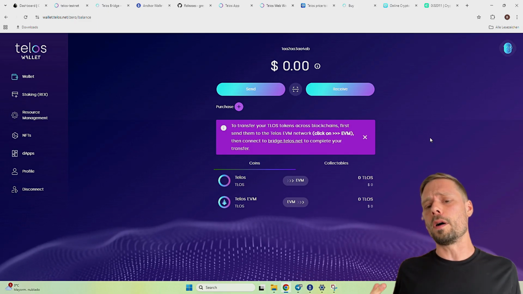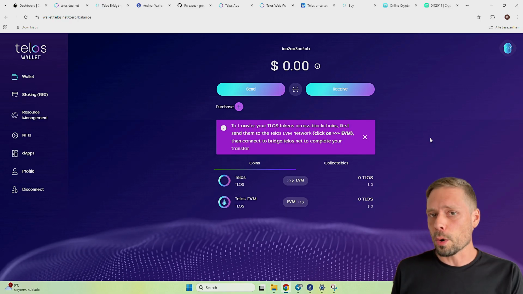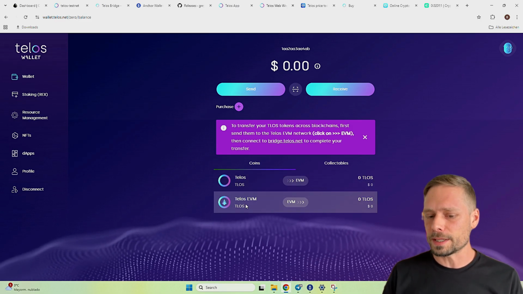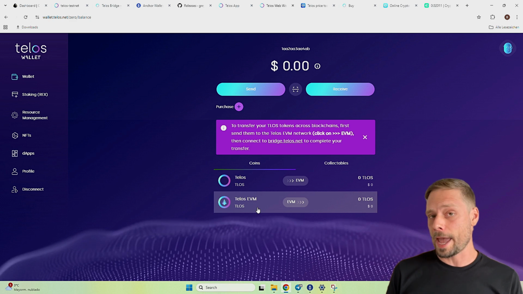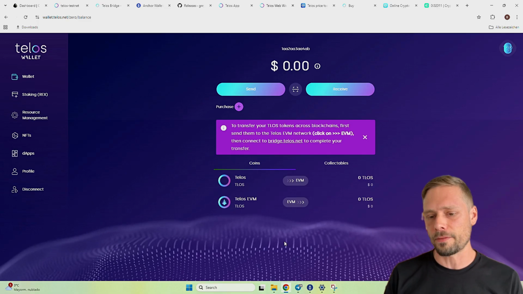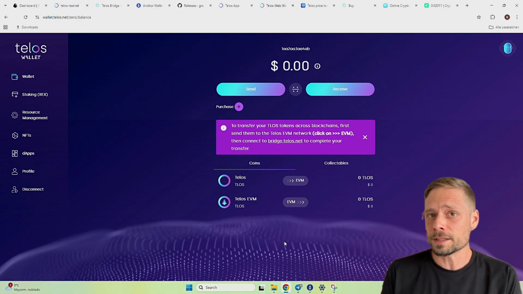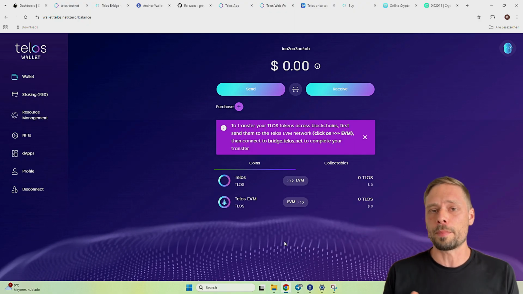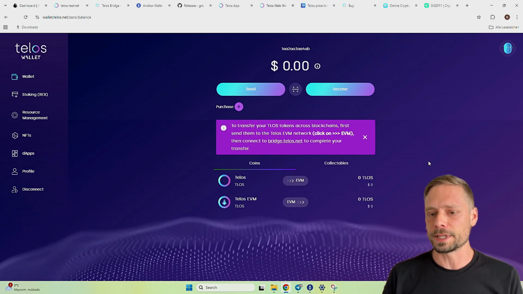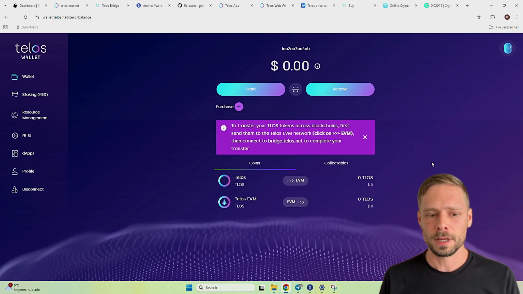So if you only have the ability to buy Telos ERC20 tokens, you might only be able to receive them through the Telos EVM. If that is the case, you can just transfer them to Telos native using this interface. If you are not a US citizen, there are many options how you can buy Telos native directly on exchanges. And so you can receive them very easily from the exchange directly into your Telos wallet.